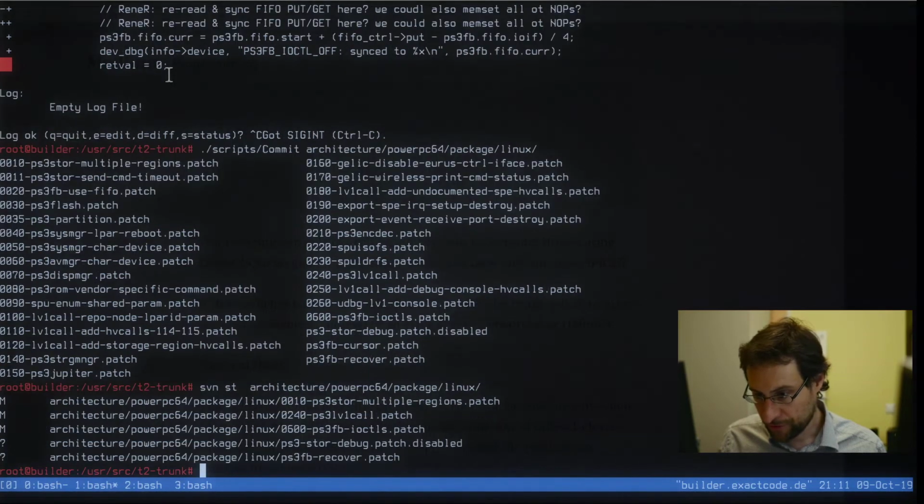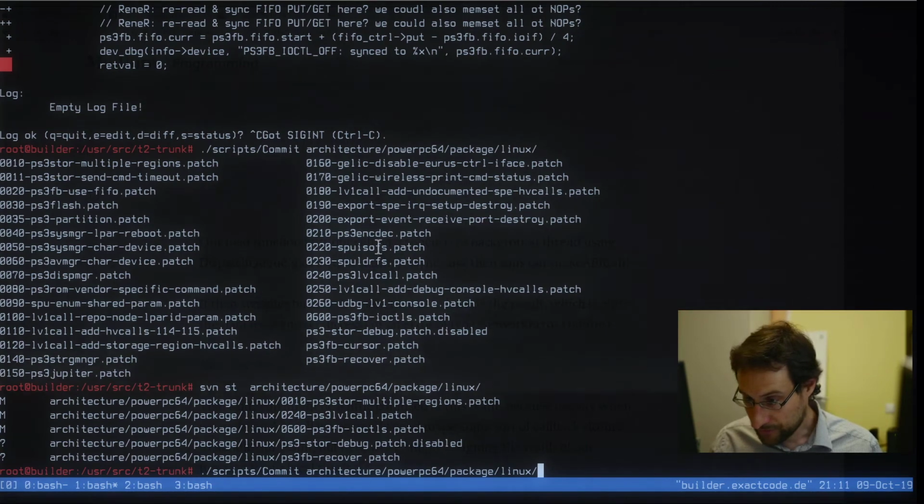So much to 300 changes, and of course there are a couple of those. Commit, so this was